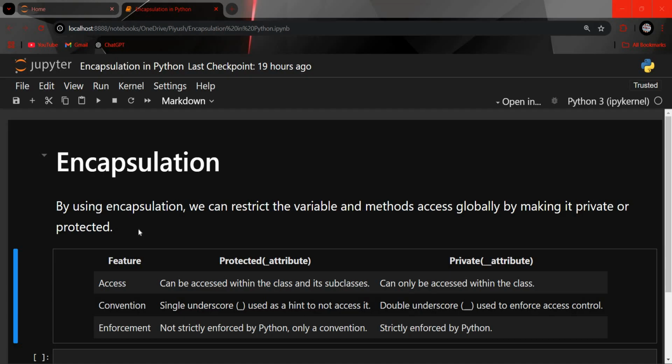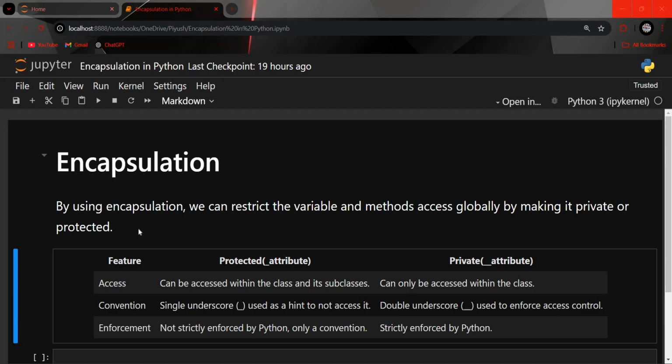Okay, now everything in Python is public. Public in the sense that if you create a class member inside a class, you can access it outside the class also. So that's why everything is public, but we can create protected and private attributes also, meaning class members. Okay, now before going to that,